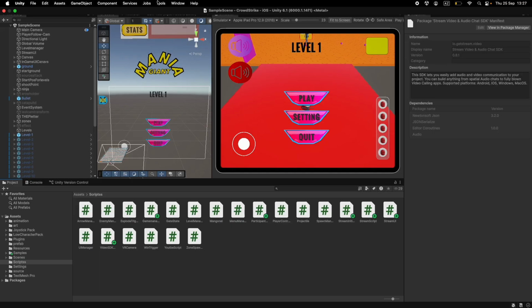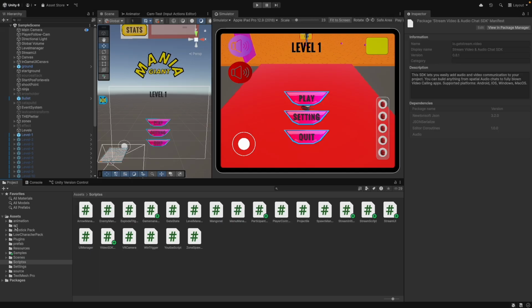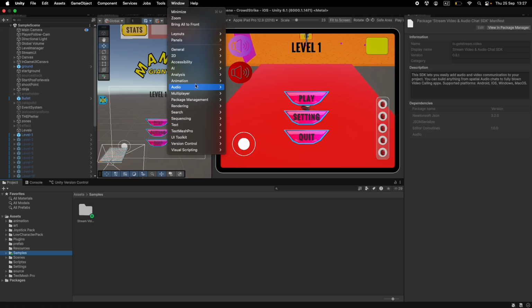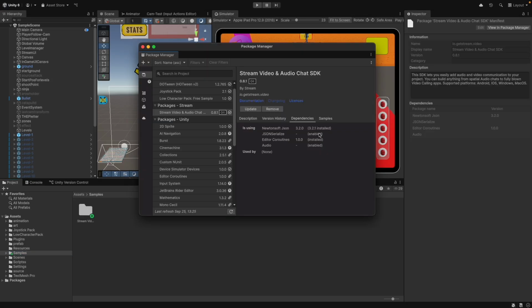So like I said, when you download it, you will find it here, and this is a sample from it. If you want the sample, all you have to do is go here and import it. This can help you understand how to implement the code in your Unity project and understand the philosophy of the Stream SDK. So the installation is very easy. So after you install it,